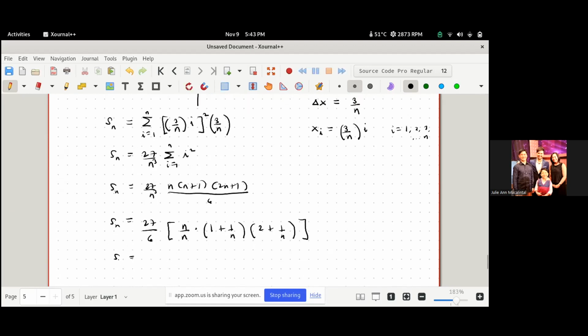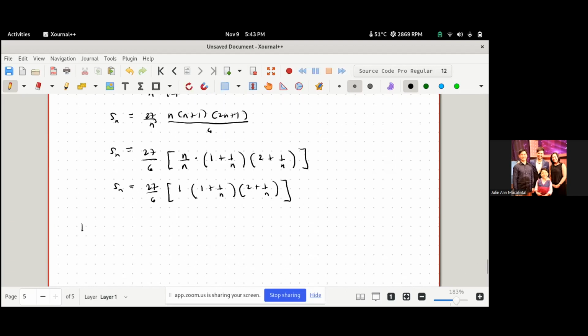And this now becomes Sn is 27 over 6, times n over n, which is 1, times 2 plus 1 over n. That's the sum. In the limit as n approaches infinity,